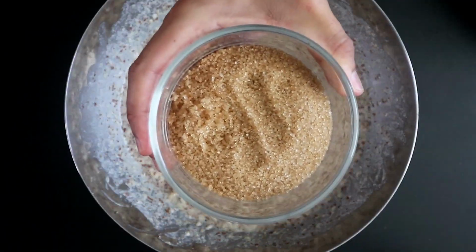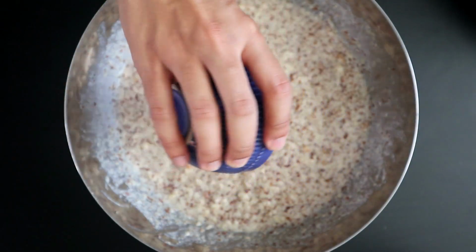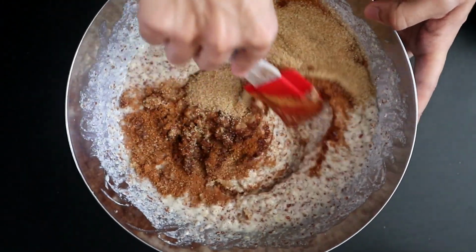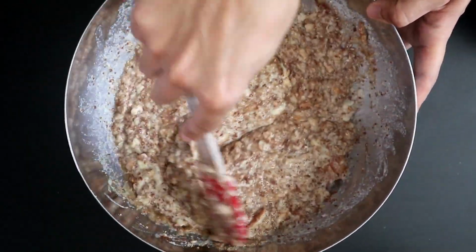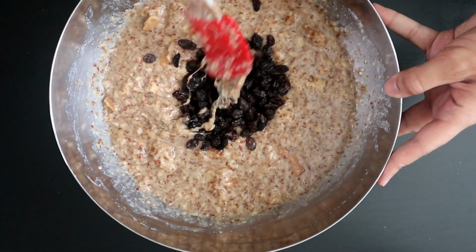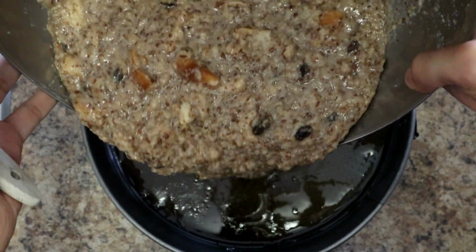Then to this, we're going to add in all of our flavor enhancers, so that's our cinnamon, nutmeg, sugar, and vanilla. So once all of this is combined, you can add your final ingredient, which is your raisins, and set this aside. I actually created a caramel topping for this in a pan, and once I added the breading and cooked